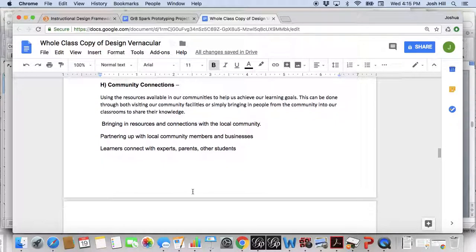In the TELSpark project, this involved TELSpark itself, their employees, the geophysicists and engineers, and the teachers reached out to the Professional Association of Geophysicists, Engineers, and Geophysicists, I can't remember the acronym, and that's how they were able to get engineers and scientists who are willing to come and spend time in the classroom with kids, and it provided a really neat